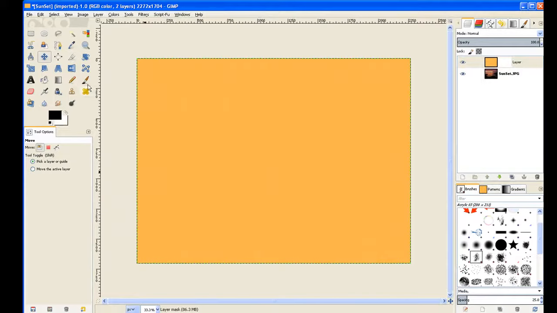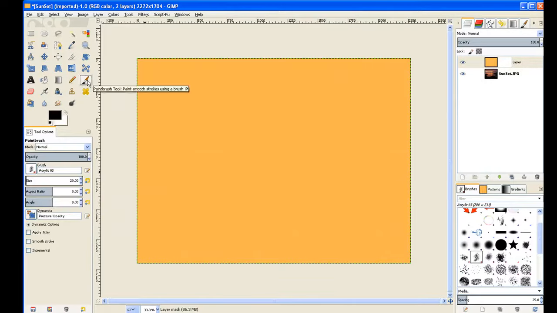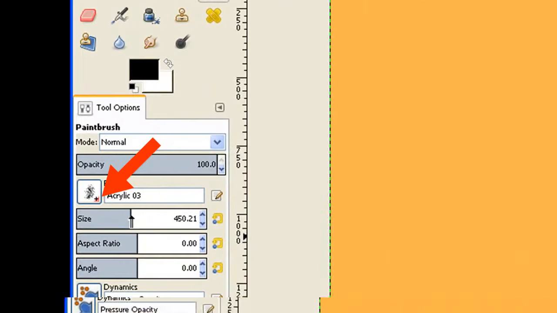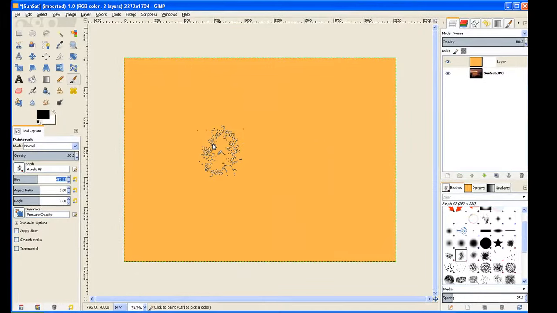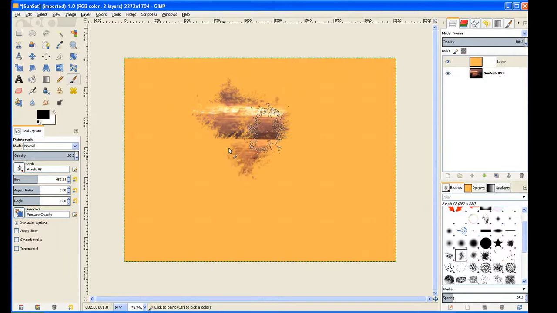Now I go to the brush tool. It needs to be black, which is selected, and I need to increase the size quite a bit to get the effect. It's an animated brush, you can see the spot there, but I won't be using the animation. Okay, now all we do now is reveal our painting underneath, or our image underneath. We just paint over the top